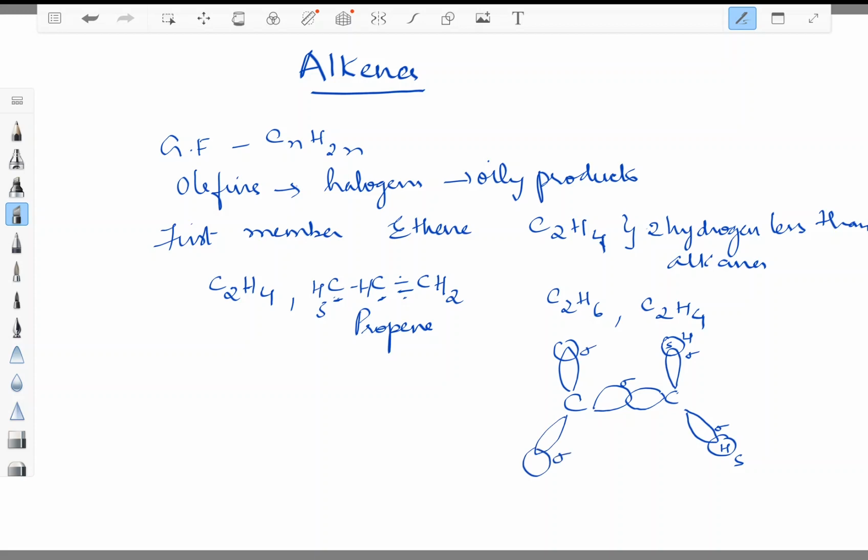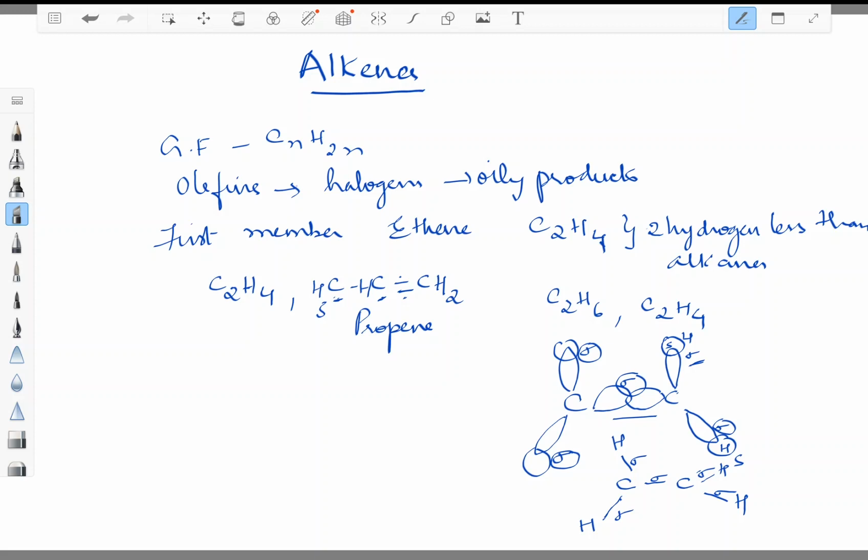Sigma bond. So this bond is nothing but C-C. Here it is H, here it is H, here it is H, here it is H. So this bond here is a sigma bond due to this sigma bond. This bond here, the sigma bond, is this sigma bond. This sigma bond which we have got here is represented here. The sigma bond formed here is also represented here, and this sigma bond is also represented here. So this is how sigma bonds are formed in ethene.